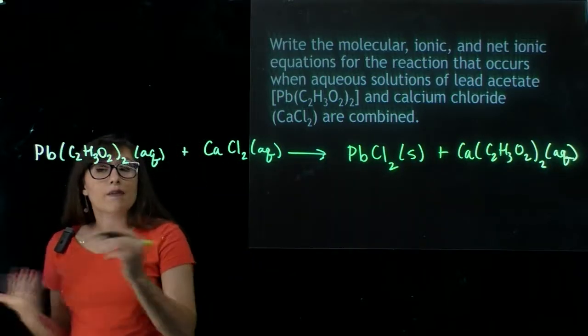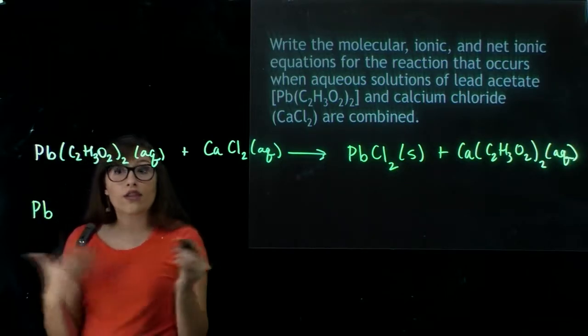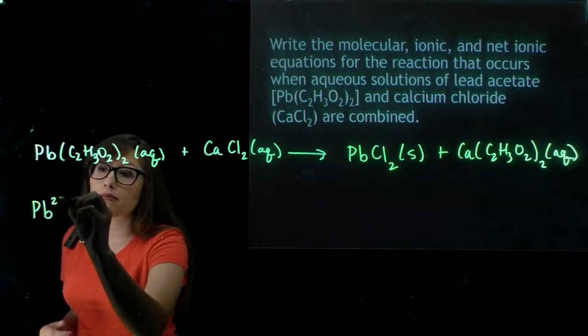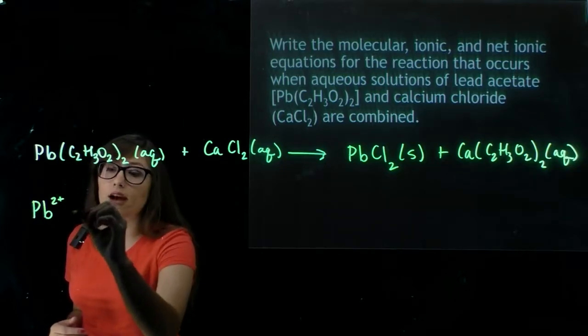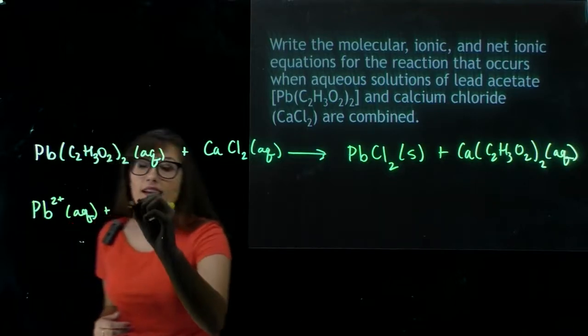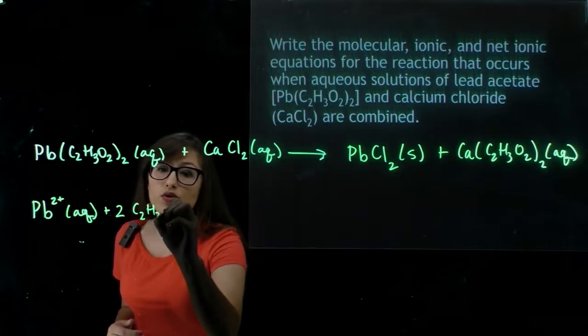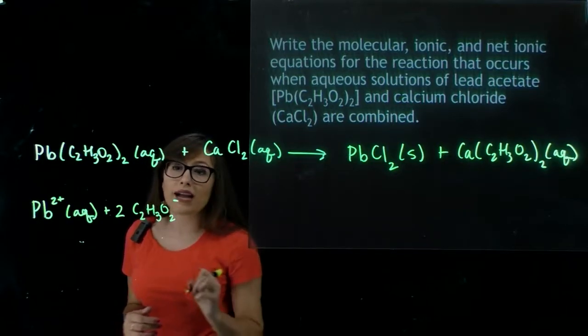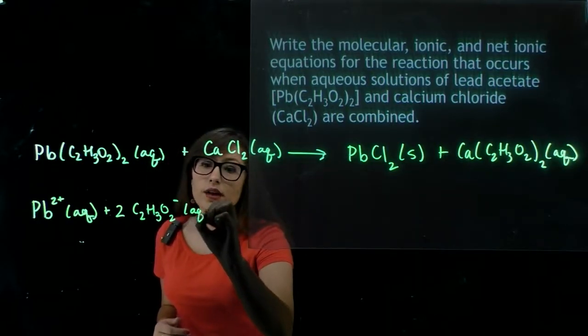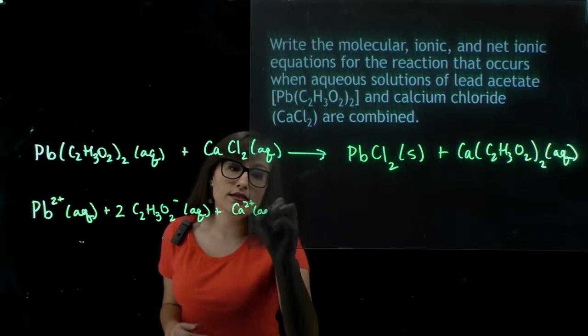So we're going to break this up because it's aqueous, so it's going to be lead, okay, and the charge associated with it is +2. Remember, that's going to come up, aqueous, plus our acetate ion, and we're going to have two of these, C2H3O2 minus. This is also aqueous, plus calcium 2 plus